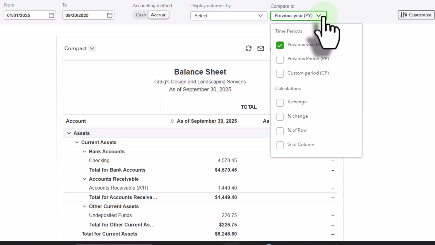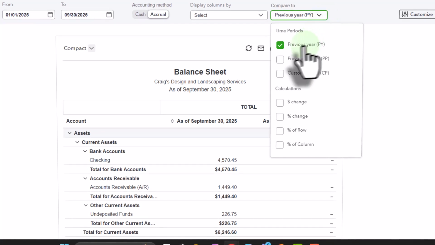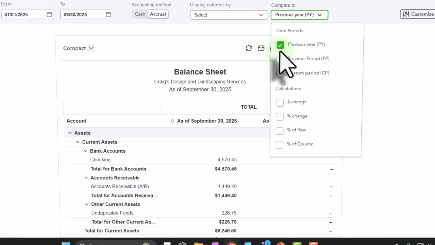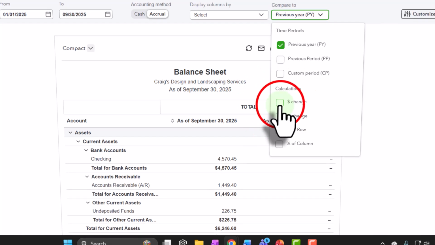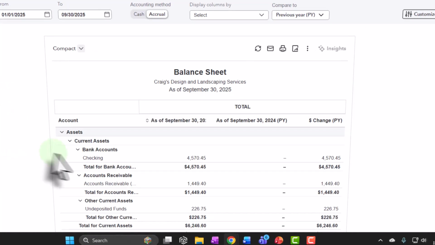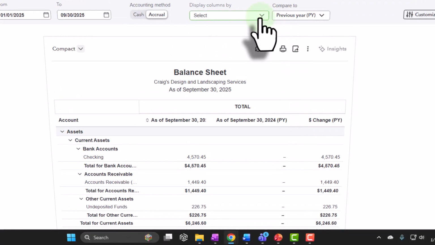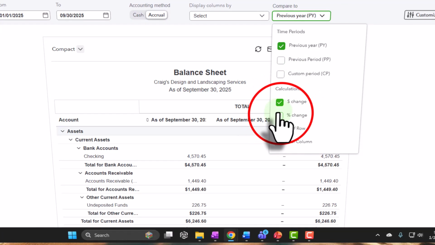You might want to give them a package from period to period: monthly, quarterly and/or yearly. So you might give them a standard balance sheet, but as you go through the quarter, you might also compare the current year to the previous year to date. And you might also want to show the change. That would be the dollar change, so now we have this period minus the prior period. And you also might want to have the percentage change, right? That would be the common, what we call horizontal analysis